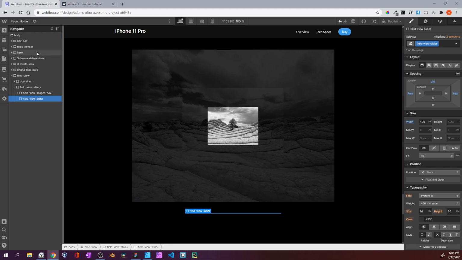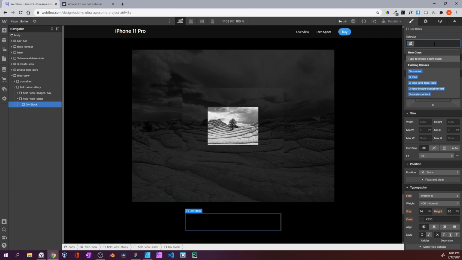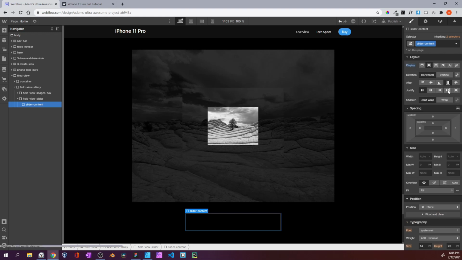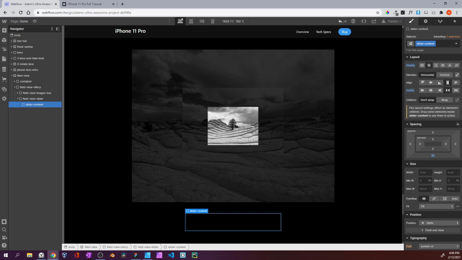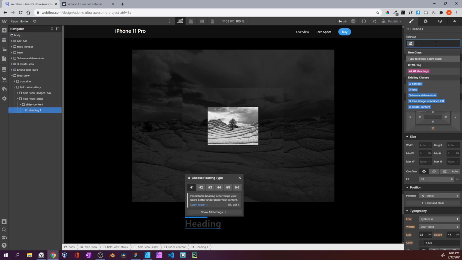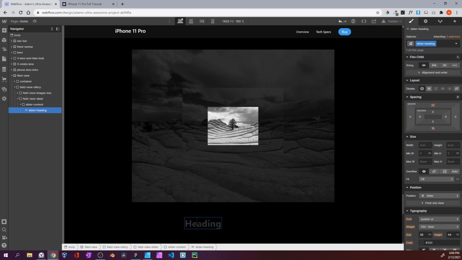And inside of this one, we have another div. And this div is the slider content. And this slider content is displayed as flex box, horizontal, stretch, and space between. 20 pixels down as a margin, and nothing else. And inside of this one, we just have some headings, and we call these slider header, slider heading. And the first one is